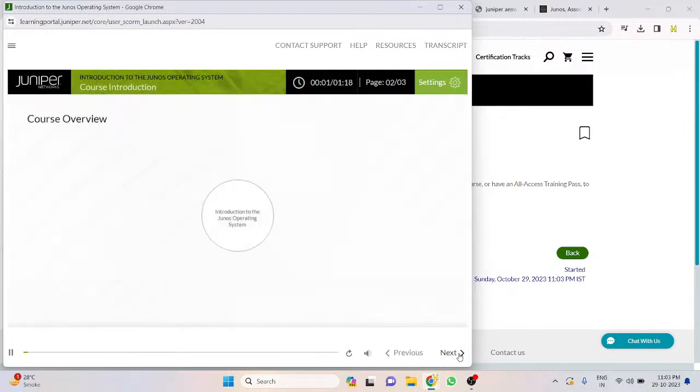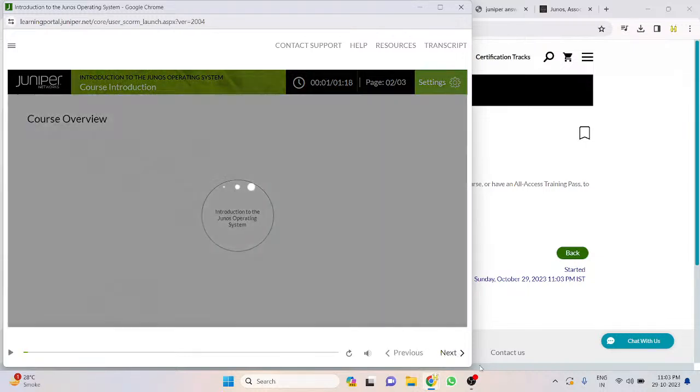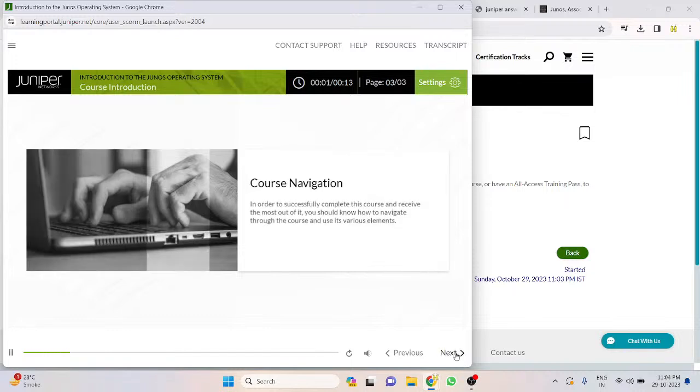Introduction to the Junos Operating System, or IJOS. In order to successfully complete this course and receive the most out of it,